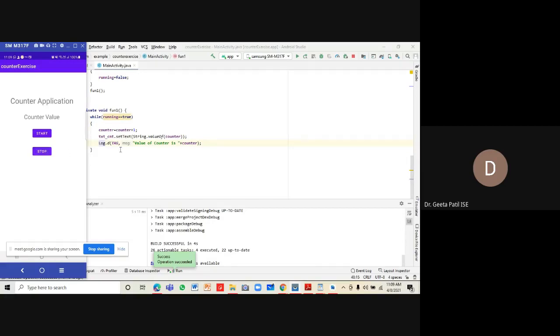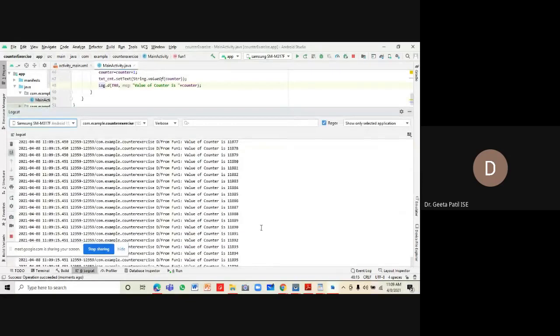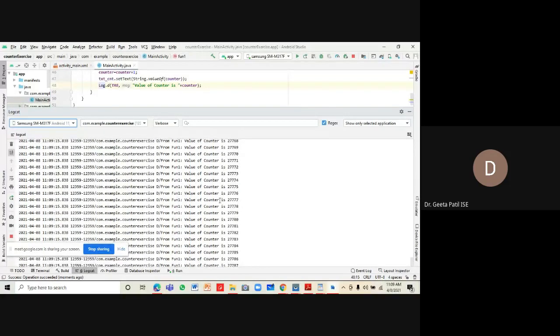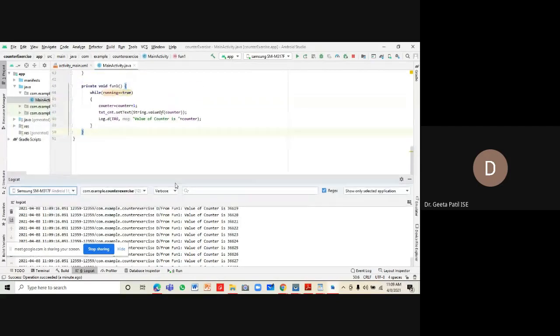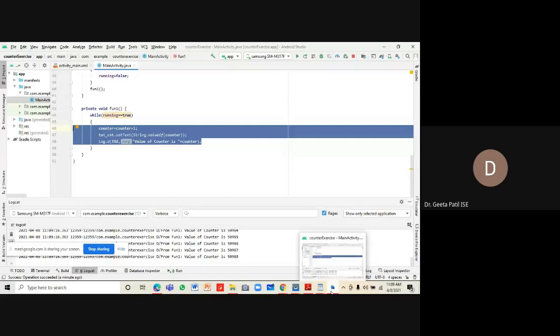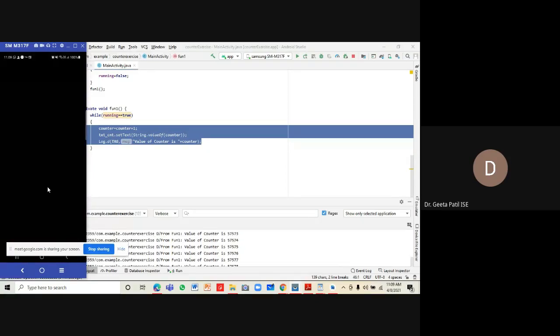Okay. Let me just click the start or stop button and see what is happening in Logcat. See, in Logcat, you can see these debug messages are printed. So from function 1, the value of counter reached so high, right? That means the code of the program is getting executed, but at the same time, when you're looking at this app, it is not responding. It is just not responding. It is not taking any events.